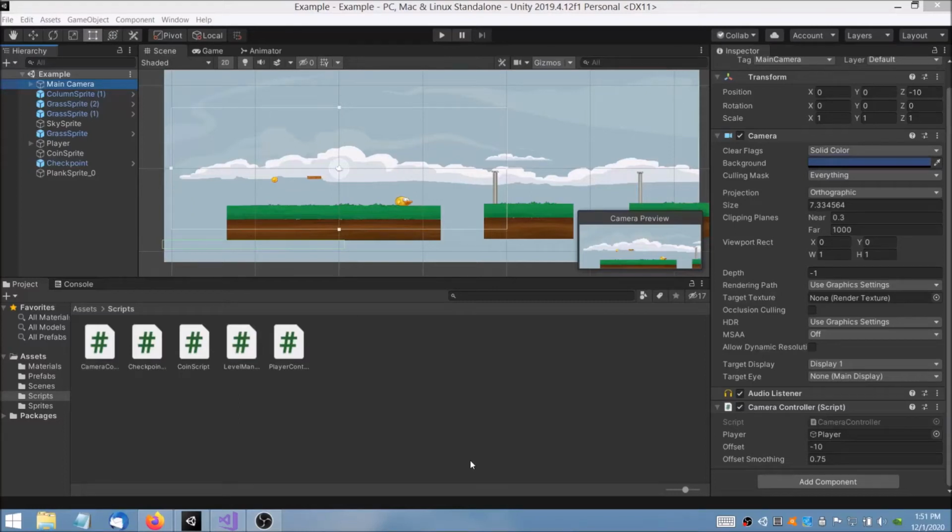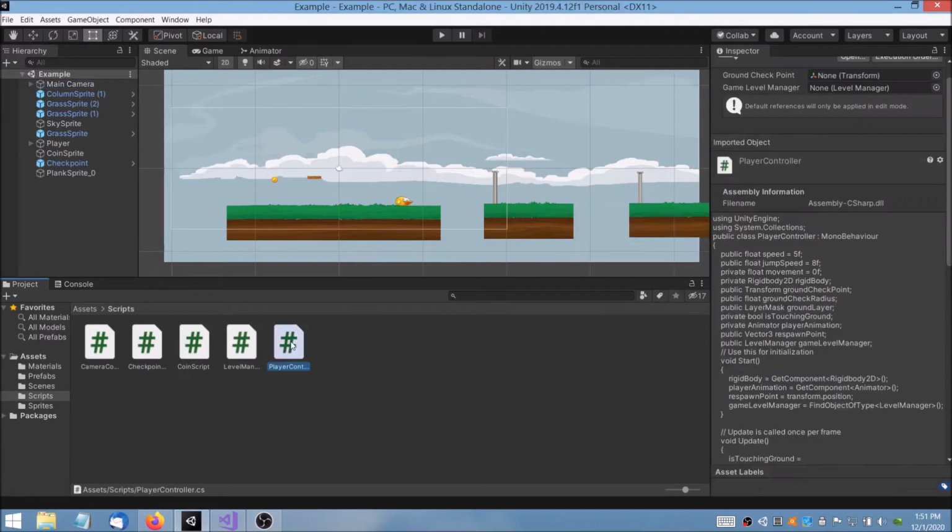I'm going to take a few moments to talk about implementing the camera and checkpoints. But the very first thing we want to take a look at before any of that good stuff is the number of scripts we are going to have when all is said and done. Okay, we noticed a couple more here. We have the camera controller, checkpoint, coin script, level manager, and the one we've been working with the most often, the player controller. We are going to get the completed code from all of these scripts